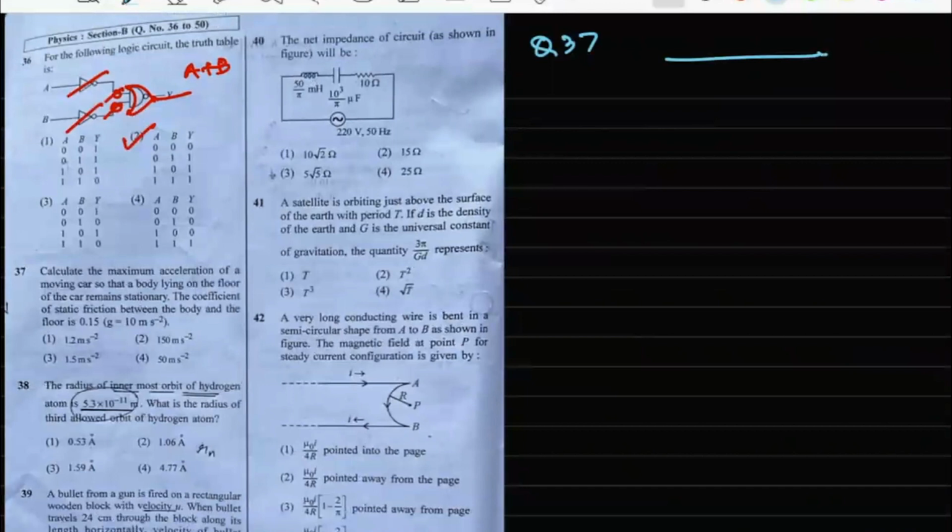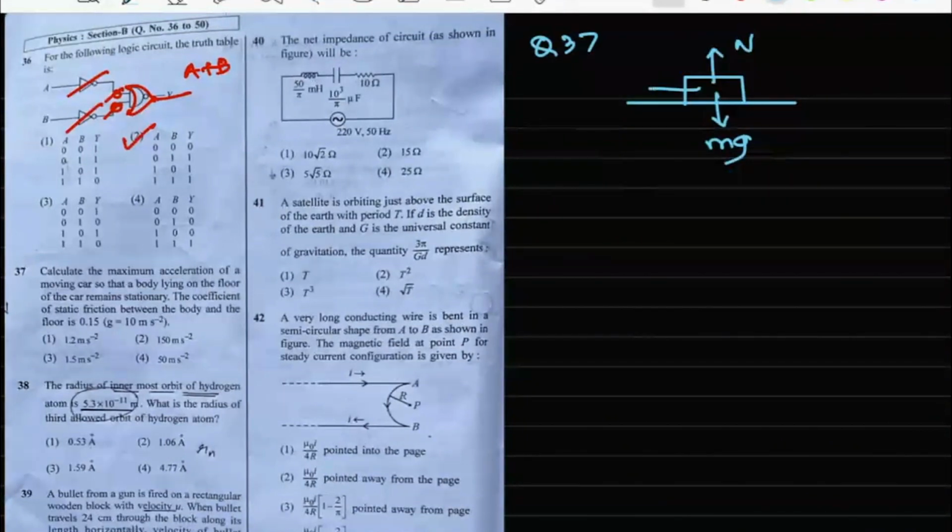So this is the floor of the car or something, whatever. This is the body, downward mg, upward is the normal reaction. The car is accelerating, let's say in this direction, then the body, the passenger, will experience a pseudo force in this direction, which would be equal to mass of the body into acceleration of the car, and hence